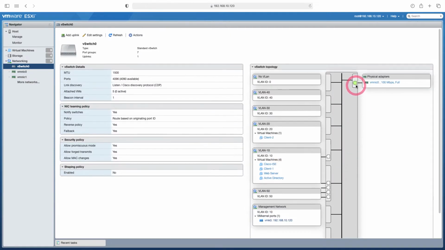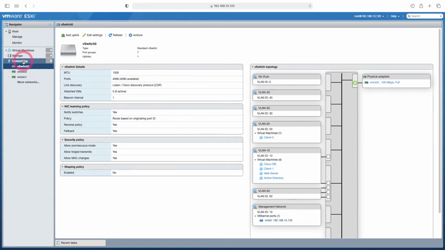Here you can see the port of our physical server connected to the switch. This port is our uplink port. This port connected to the physical switch side works as the trunk port by default. If you are going to use VLANs on this switch, you can create VLAN groups as you can see here. A little later, I will show you how to create VLAN groups.